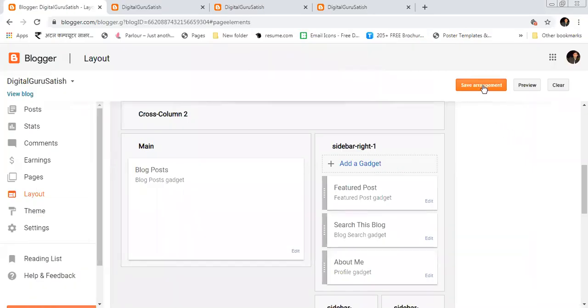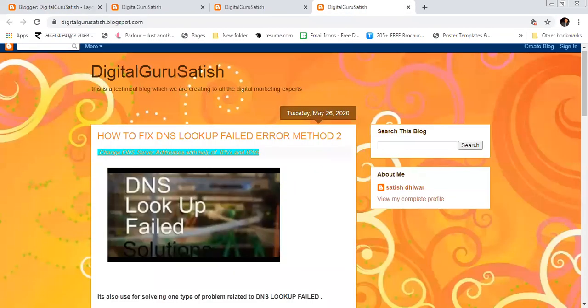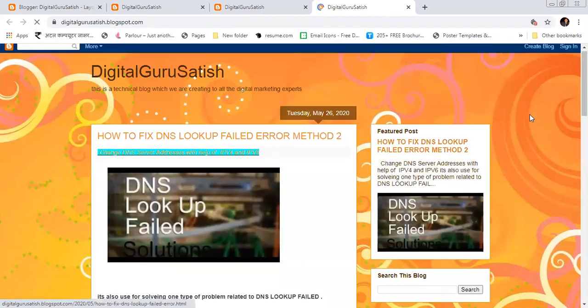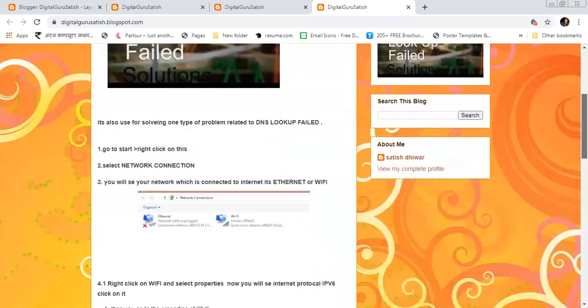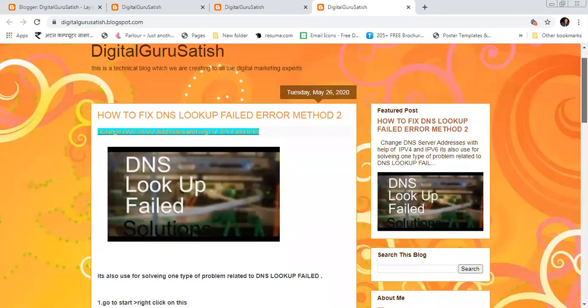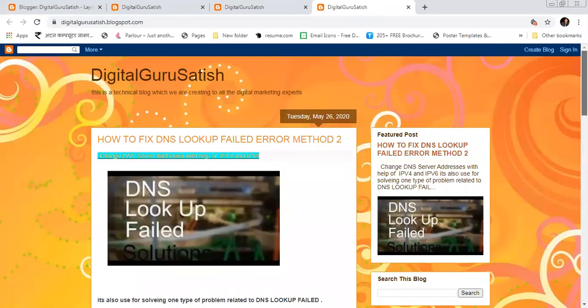After that I'm clicking on save arrangement. Now you go to your blog again, refresh it, and you can see a beautiful design. At least from the previous design, that is good.